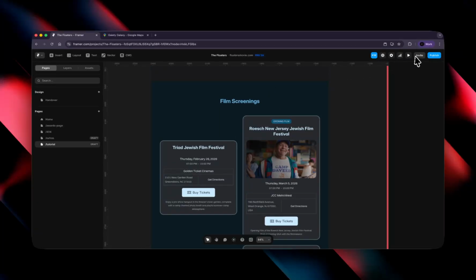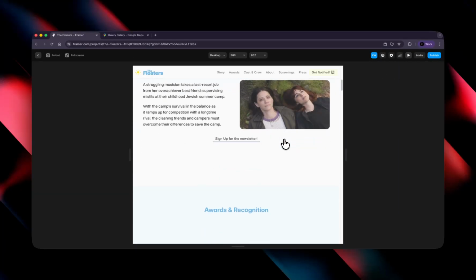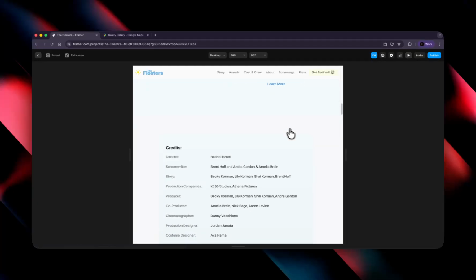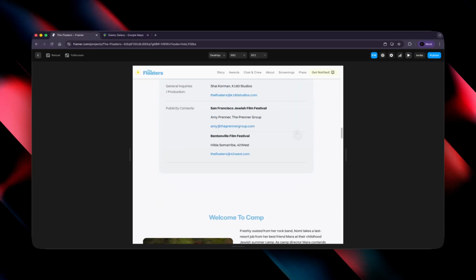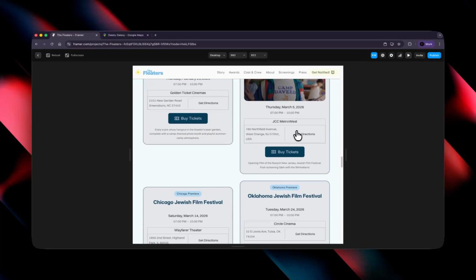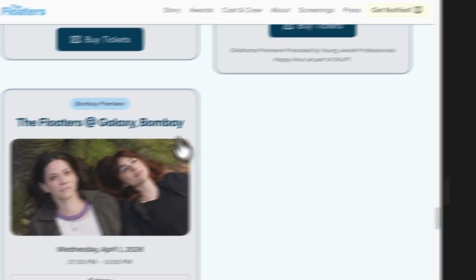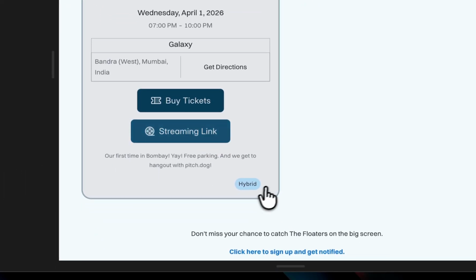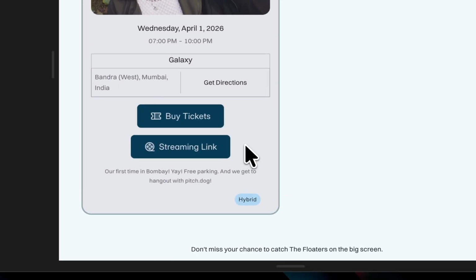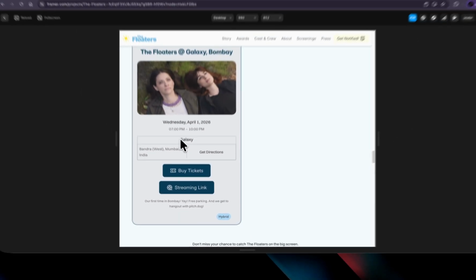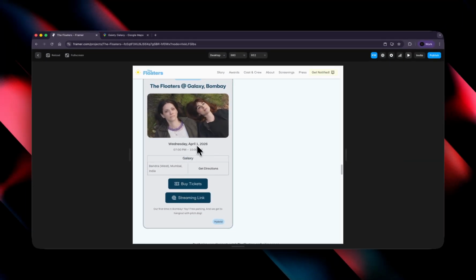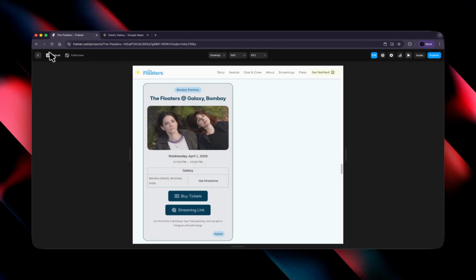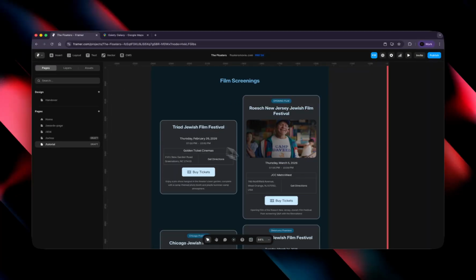and you want to preview this website, check it out. Bombay Premiere. You can buy tickets, screening. It's a hybrid event. It's got added here. It's at Getty Galaxy. It's on this day. And if you've noticed,